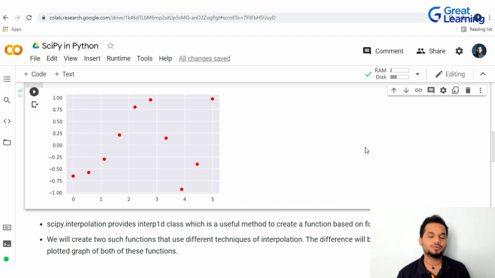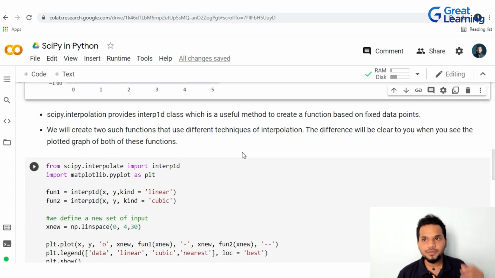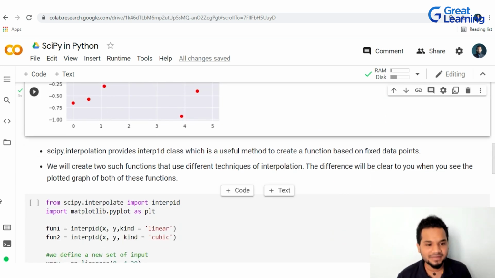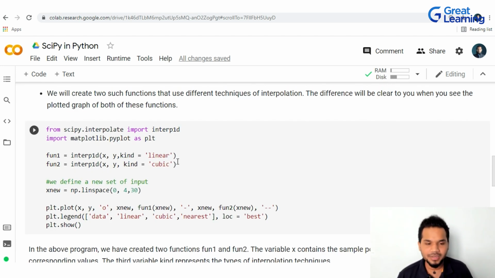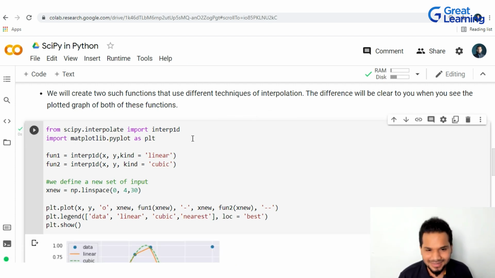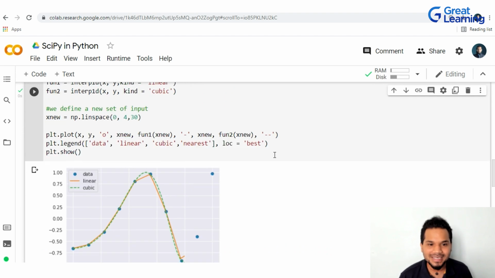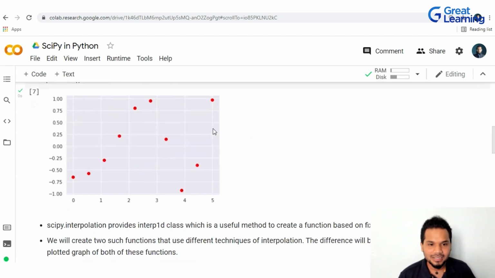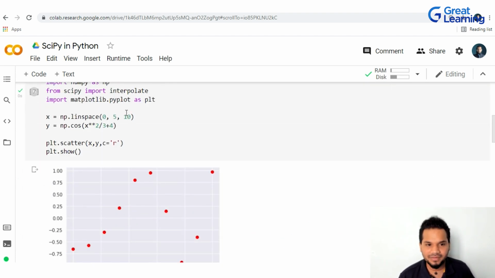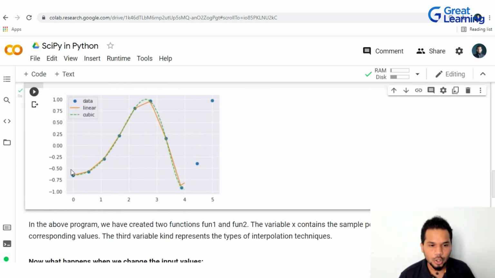Now, one thing that you have to do is, wherever we have a situation where we have to create a function based on certain fixed data points, think about the example that I just told you, 0 to 10, right? Here's where interpolation comes into the picture. Now, if you want to understand what happens after interpolation, again, there are multiple types of interpolation, linear, cubic, and all of that. So all I'm going to do is run this tiny piece of code here, and you can see this, right? Your actual data. Look at this. This is the data that we have in hand when we ran this cosine function, and all those blue dots that you see are exactly that graph.